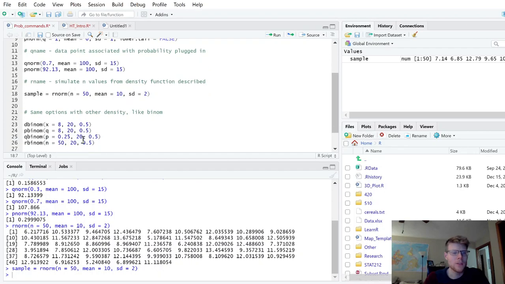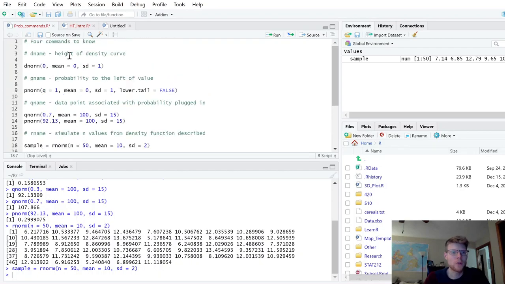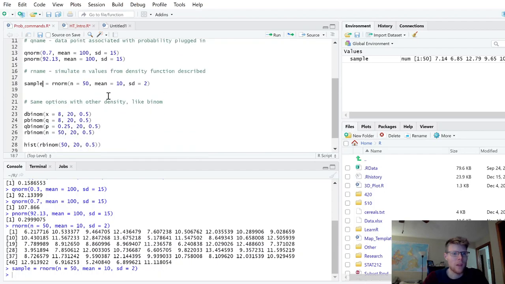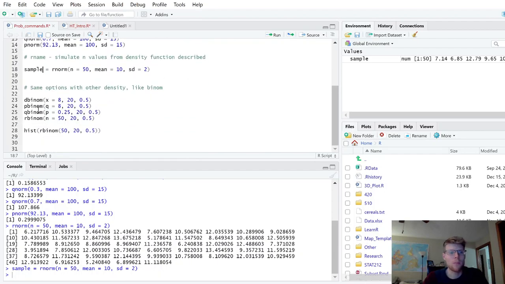All right, this was a PDF, a probability density function. But what if I have a PMF, a probability mass function, where I have discrete values like a binomial distribution? How is that going to change things? So I'm going to do this with the binomial distribution real quick, and you'll notice that for dbinom, this is going to make a lot more sense now because I do actually have a probability at a given point. So if I'm working with a binomial distribution where the probability is 50% and I'm running 20 trials,